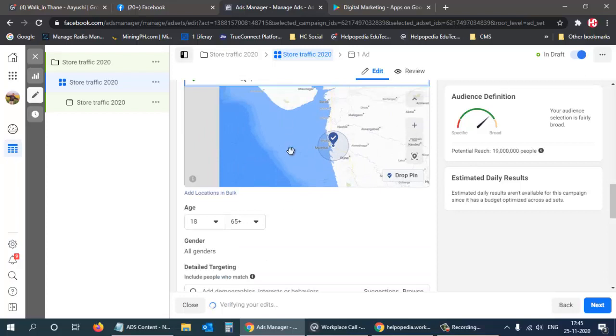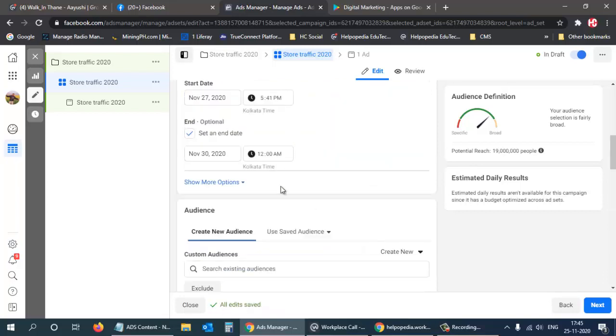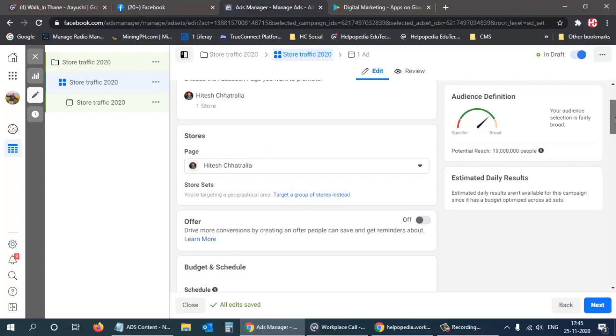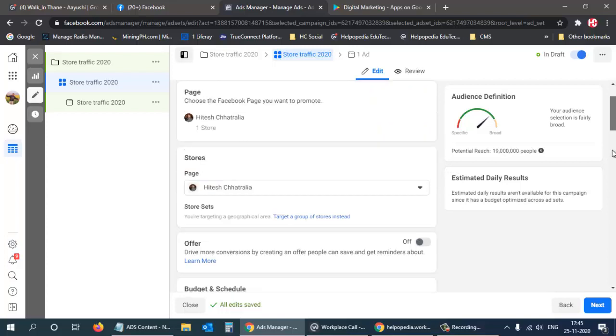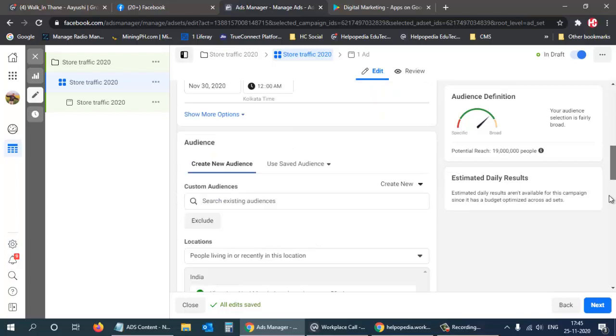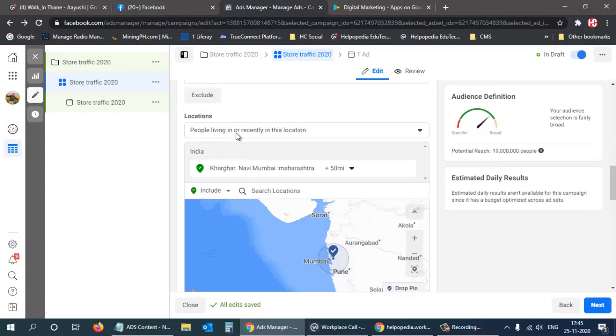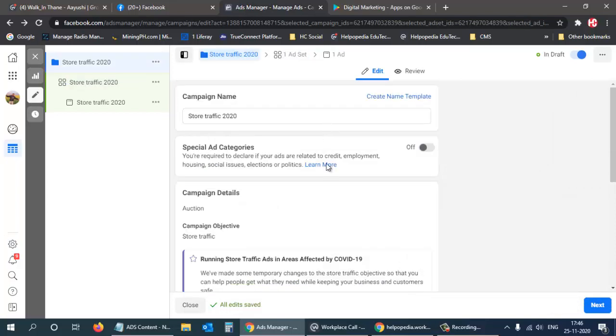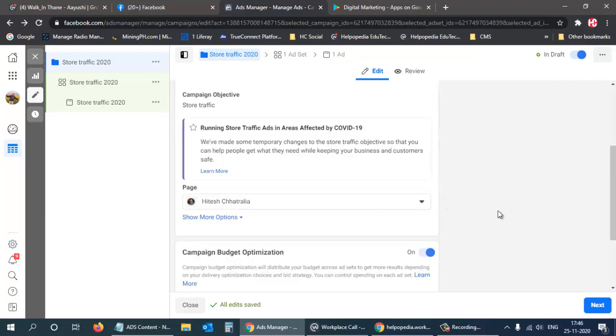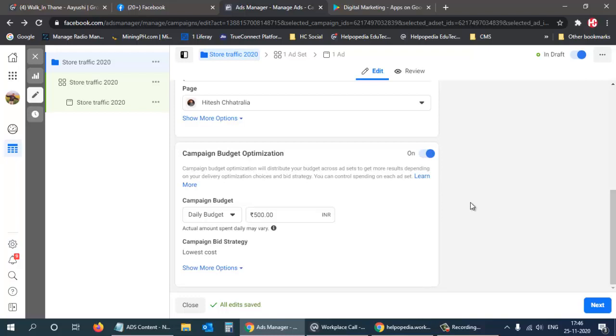I can even select more options. And over here we can see one more thing, that is people living in this location. See, over here we have some options available. Oops, what's happening? Oh, it went back.